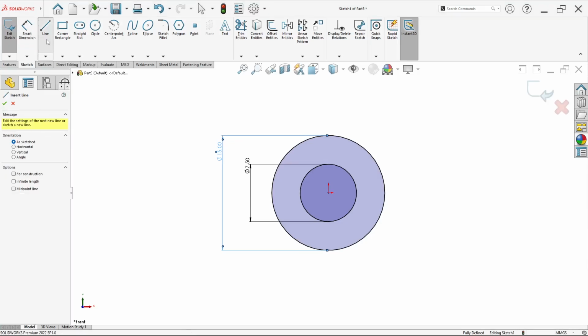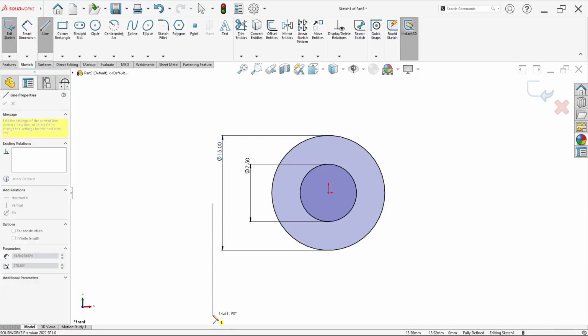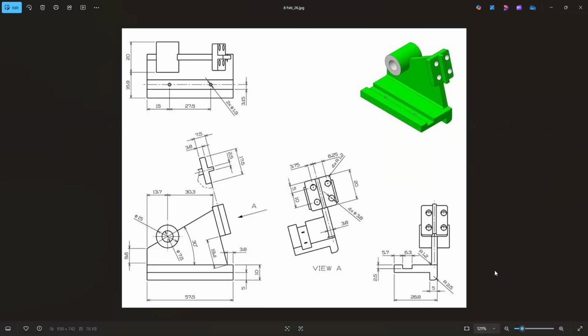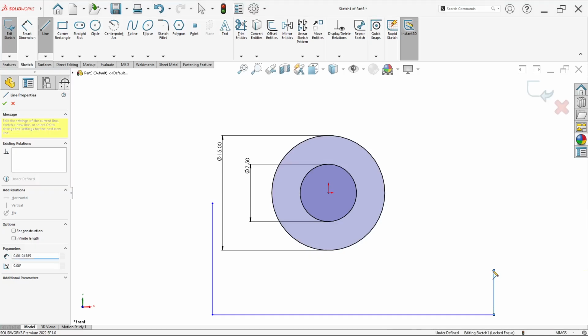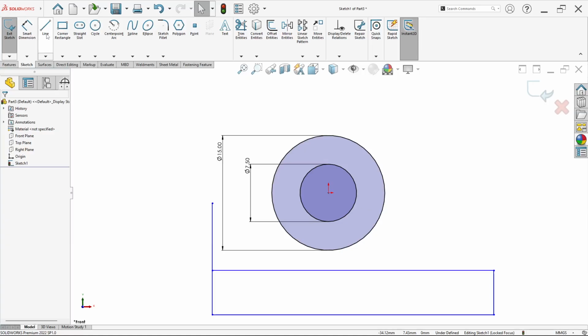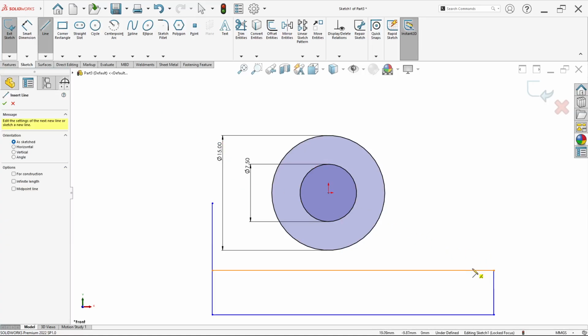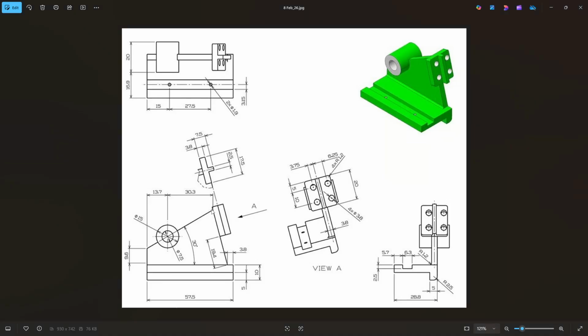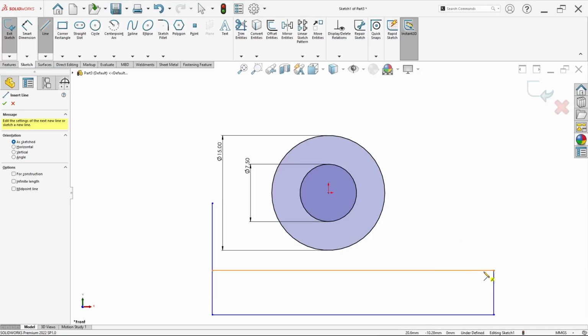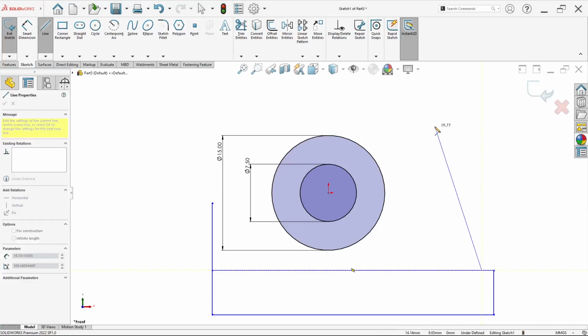Select line on your sketch, draw from here, here, and here. Now draw another line from here to here.